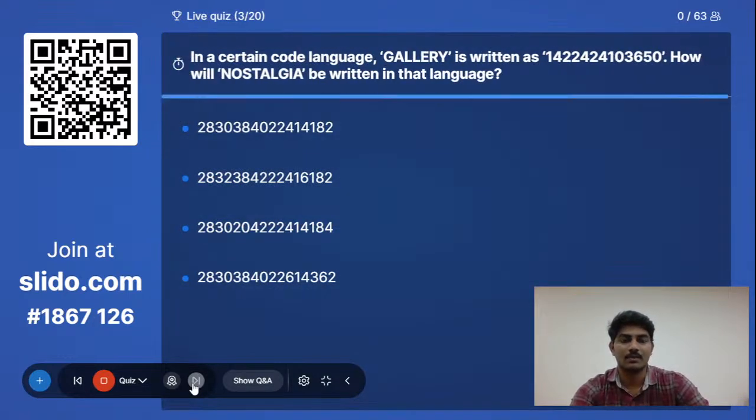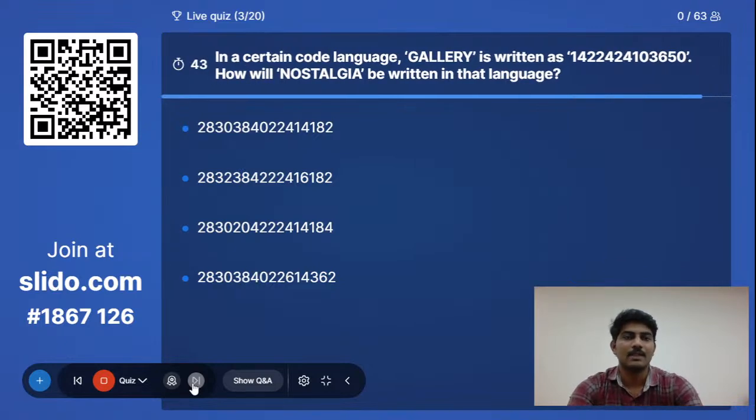And here is your next question, which has 45 seconds to answer and also contains 4 options. So let's see the correct explanation regarding the second question. In the second question, he gave a word called bachelor, and it was coded as YZXSVOLI. And he asked us to find what is the code for education.